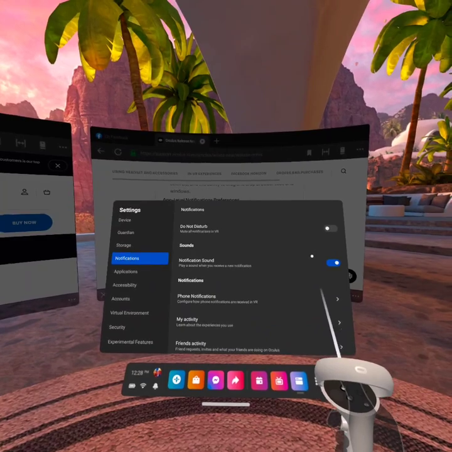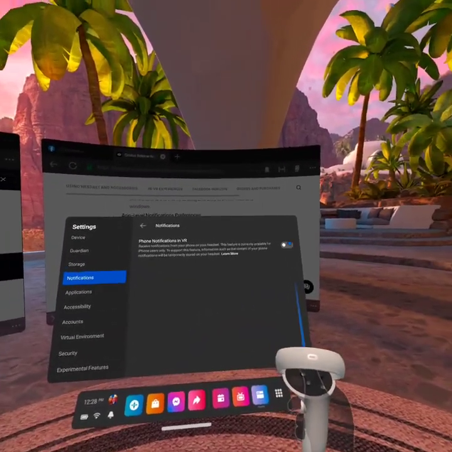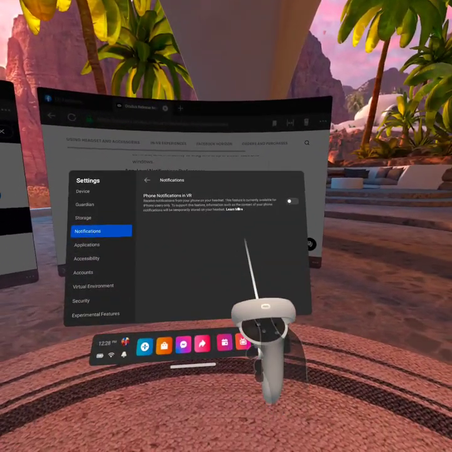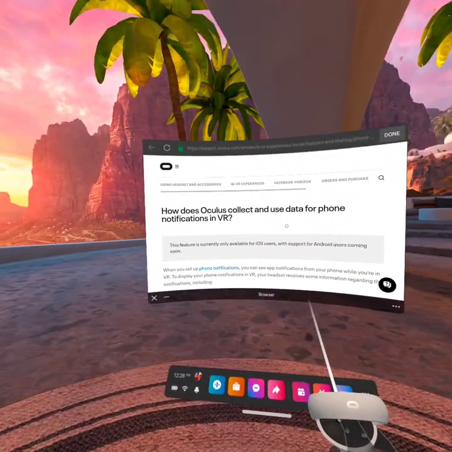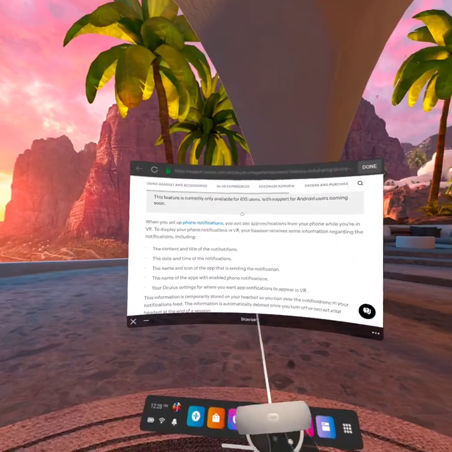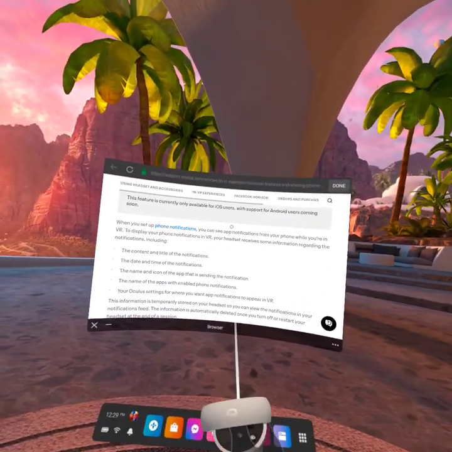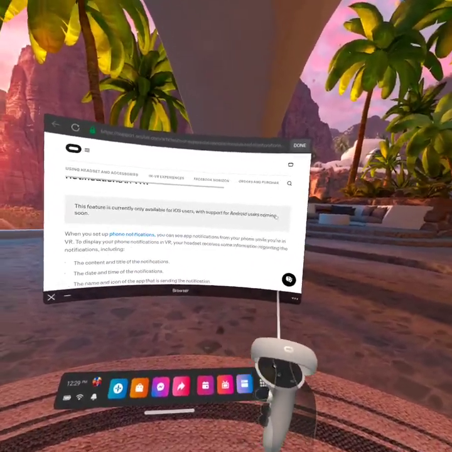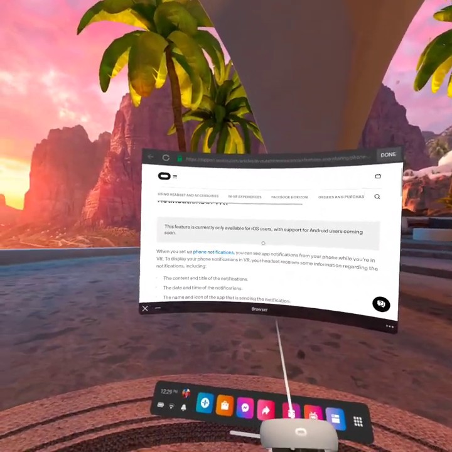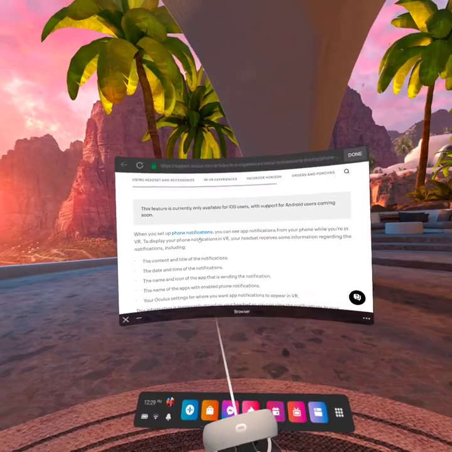Well, when you go here and you click learn more, you have this little web window open up. And when you read it, you'll notice right away, currently only available for iOS users. I run an Android phone. So Android users can't use this yet, but iOS users,